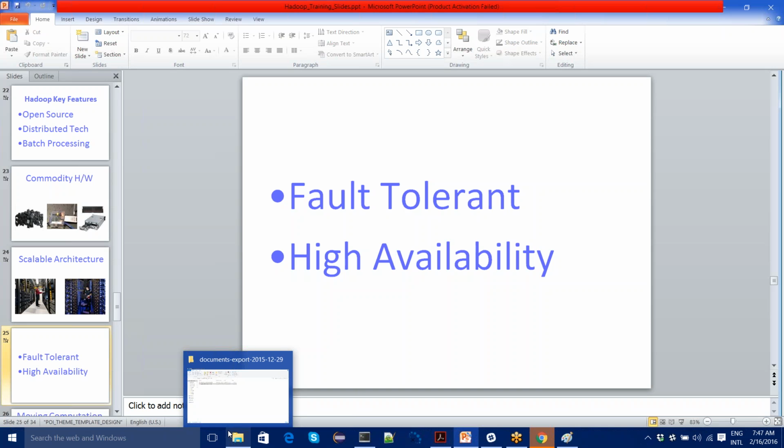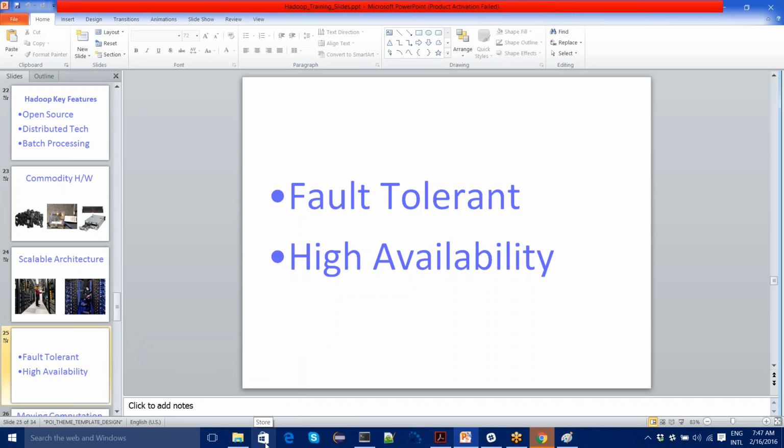data will be available on the cluster. Say I'm having a 10 node cluster and I'm having one data and one node is down. Still my cluster will be up and running with 9 nodes and with the data also available on top of it. It will share across from the other nodes, right? Yes, it will be able to get the data from the other nodes, which will be replicated across.